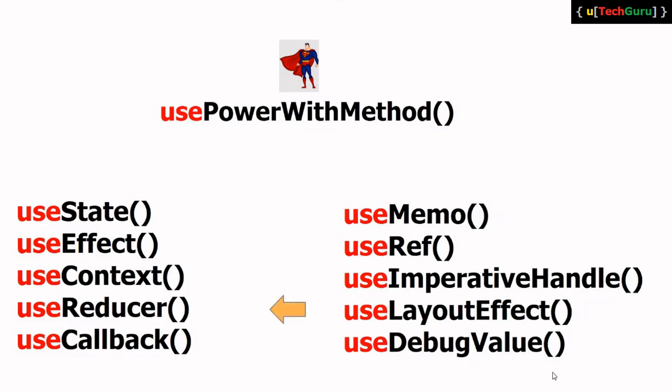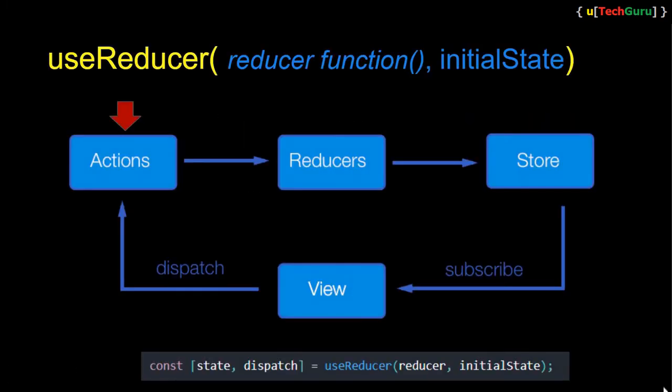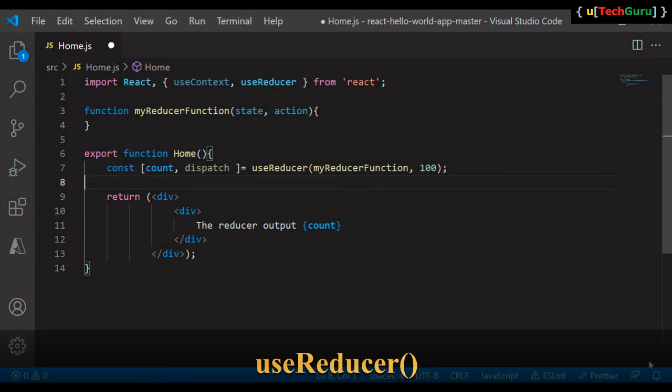Now we will learn another complex hook, useReducer. useReducer is an alternative or very similar to useState. Instead of updating the state directly, you will create a dispatch action, and it will go to a reducer function. After that, the return value of the reducer function determines what will be the next step. useReducer returns an array with two values. The first value is the state that you can use in the UI, and the second value is the function